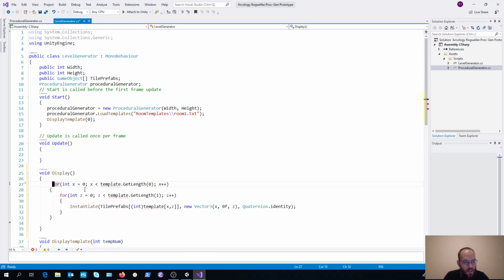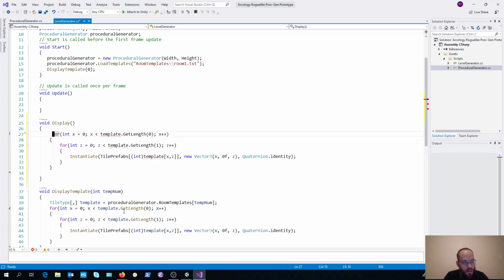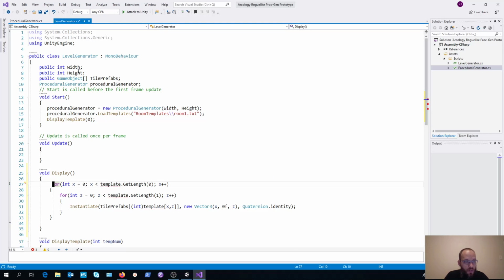Instead of having our loop going just through the size of the template, we want to go through the width and the height of our entire level. And by height here we mean in terms of the 2D actual template itself.